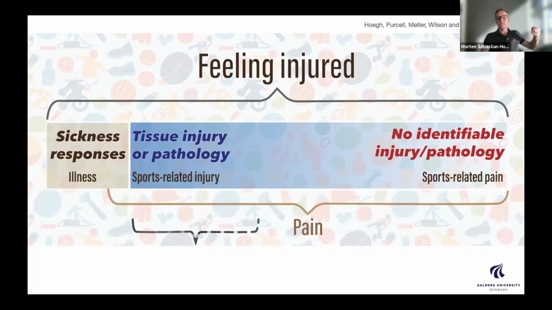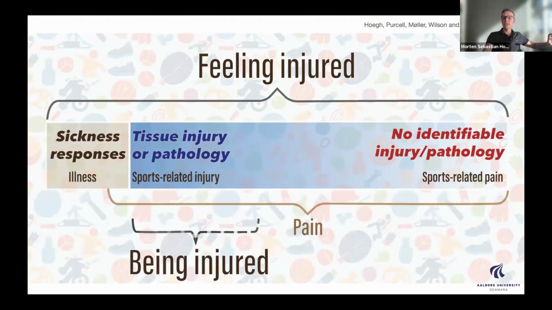having pain without pathology. And the place that we really understand well is this part where we could say you are injured, or we could give it a diagnosis where there's a clear correlation between what we tell you is wrong and how you feel. For instance, you have a fracture, you are injured, therefore you hurt. But as you see, it's only a fraction of the whole picture.